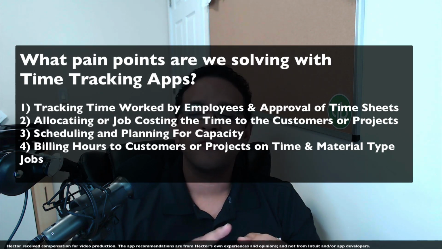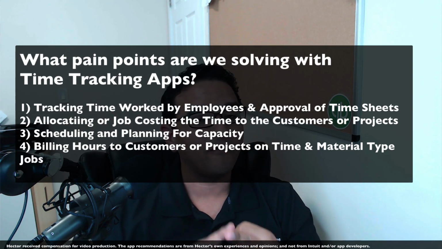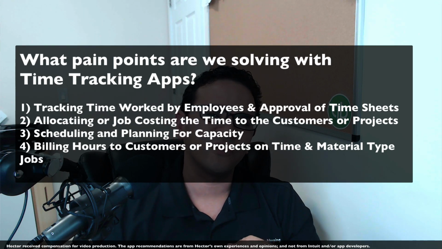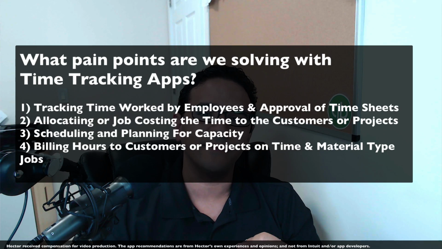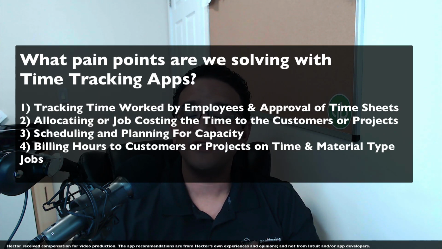on those projects. Three, managing for scheduling or future capacity to make sure that the employees are assigned the right jobs and the right time frames in order to complete the jobs on time. And four, eventually billing those hours to our customers, assuming that we are working on billable time and materials type